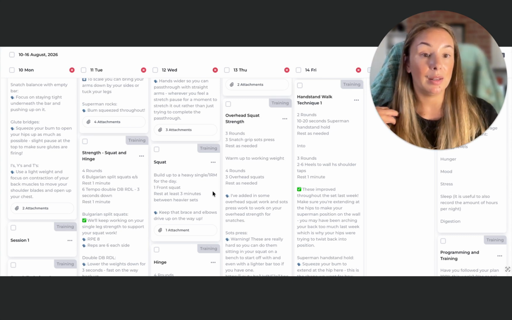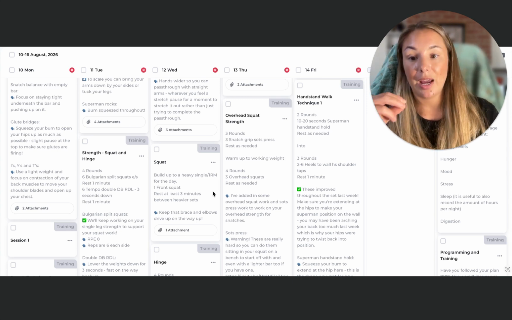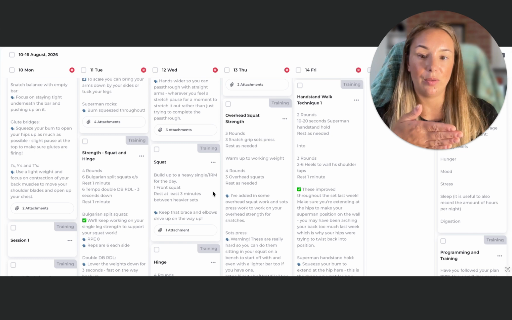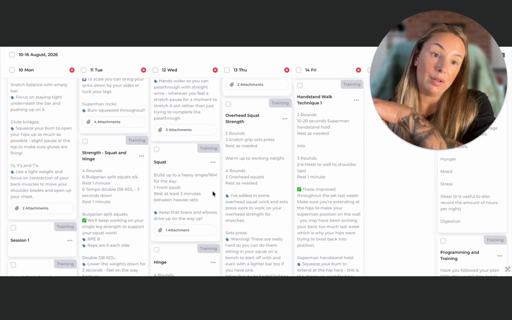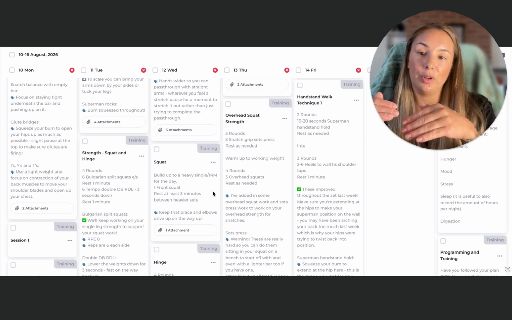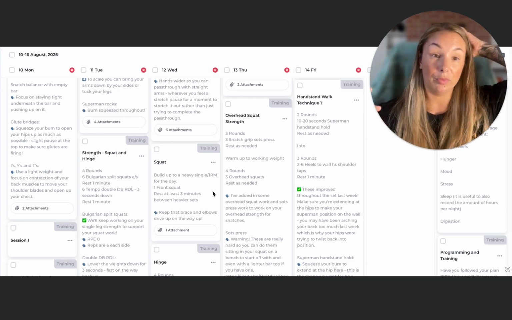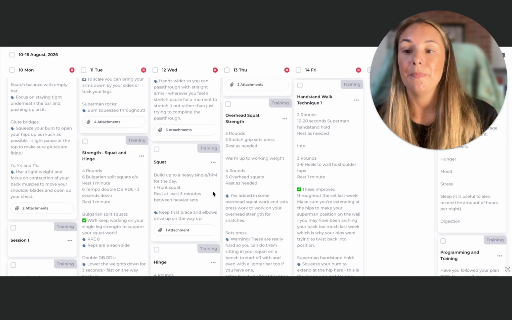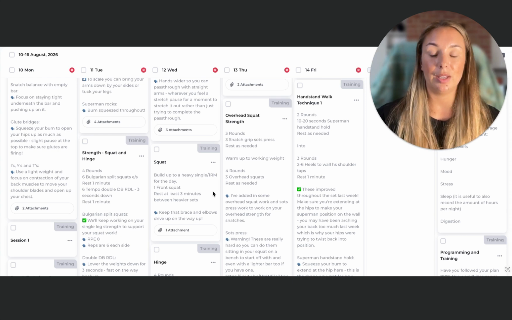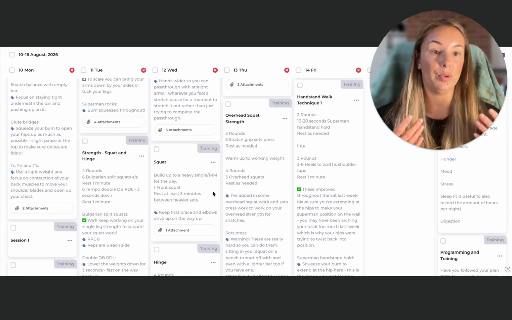If somebody's coming in and I've not seen how they move, I'm not going to put them in on any kind of testing week straight away, because we don't want them to push too hard, do themselves a mischief, and then not be able to train in the way they want to. Once I've known a client for a few weeks, maybe we've gone through a block, maybe 2 blocks, so I can really see how they move and what else they've got going on in their lives as well, we can start adding in some testing weeks, because we do need to know what people's numbers are.